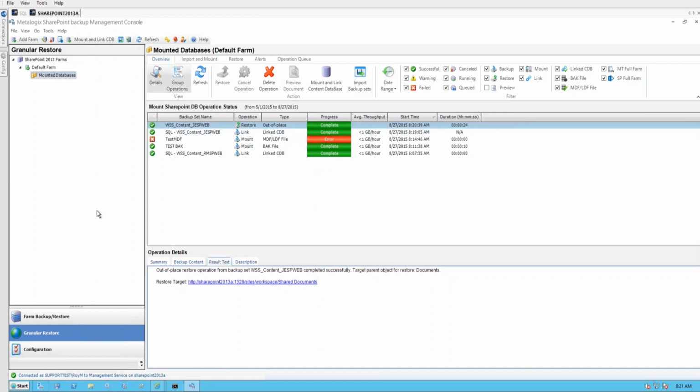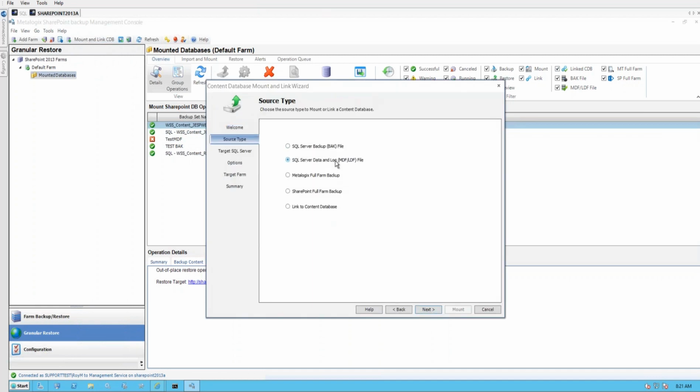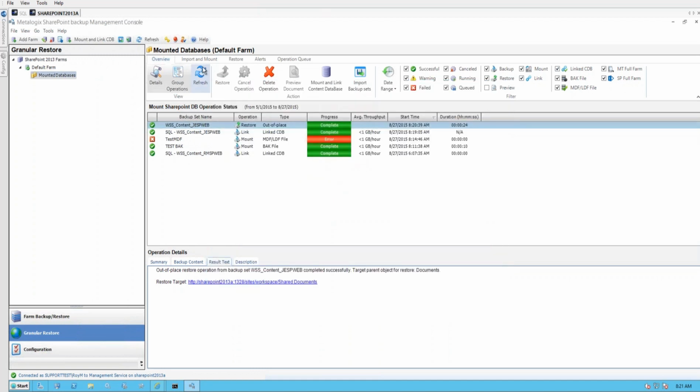I've got another 4 minutes or so before I can try to get 5 minutes' worth of questions in before we convene. I just wanted to quickly take a look, and we're going to talk specifically about the concept of these MDF and LDF files. I want to just illustrate one more cool concept in terms of the mount location. So whenever we mount our backup sets,